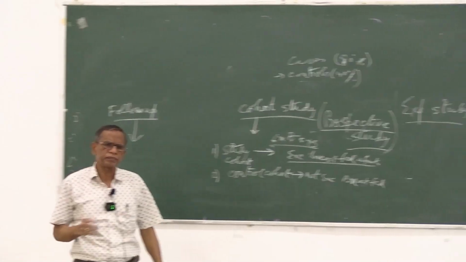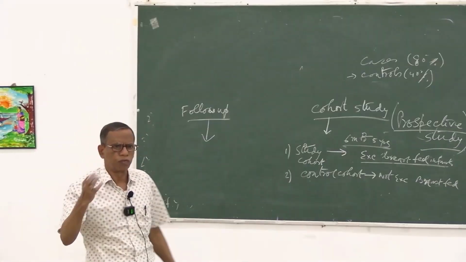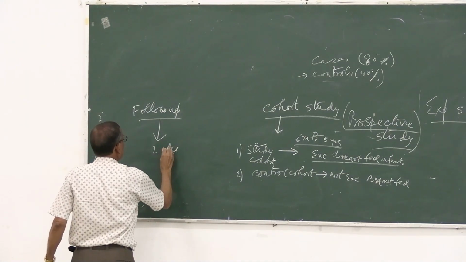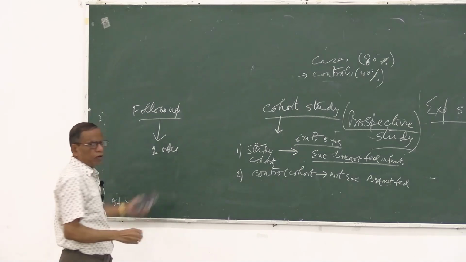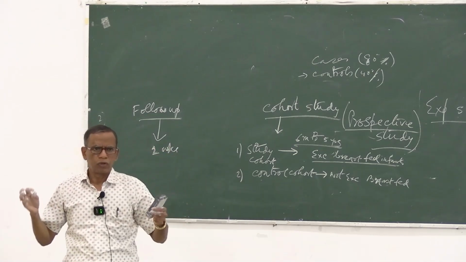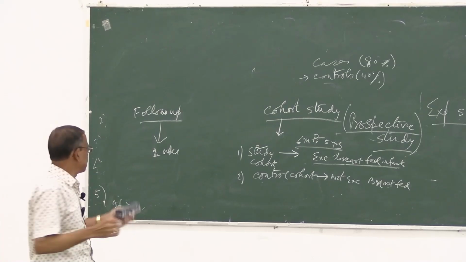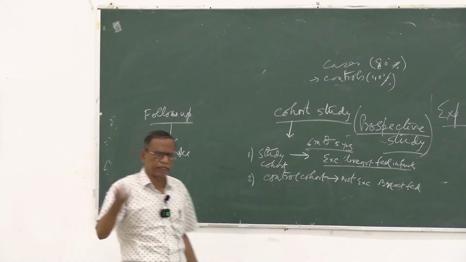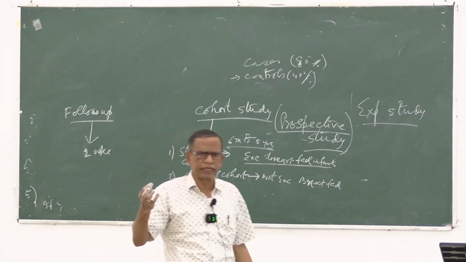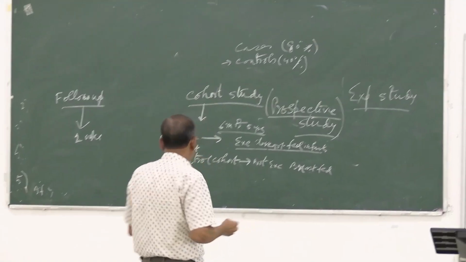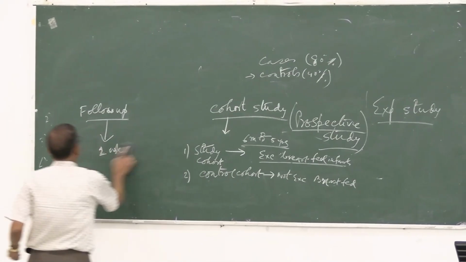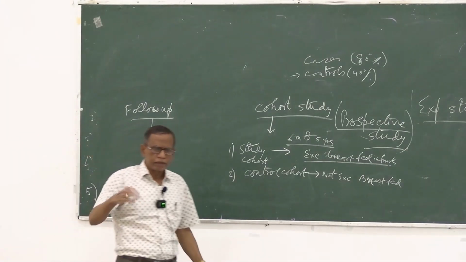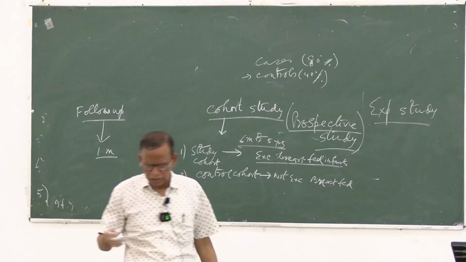How often will you follow up? You can do follow up at an interval of 2 weeks. According to your feasibility, you can follow up these 2 groups of cohorts at an interval of 2 weeks or at an interval of 4 weeks. So, when the mother visits again at the immunization clinic in the next month, you can do it according to your convenience after 1 month. In the immunization clinic, mothers usually come at an interval of 1 month.